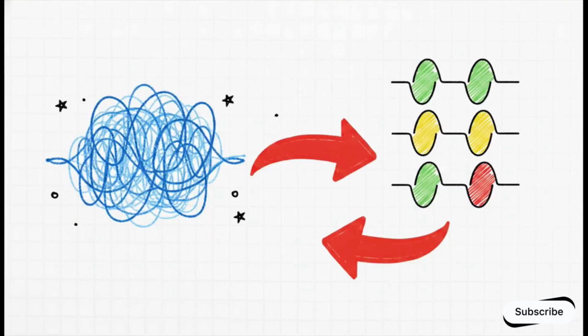Now here is the absolute crucial point. The Fourier transform doesn't change the data. Not at all. It just changes the coordinate system the data lives in. The entire process is perfectly reversible. We aren't destroying or compressing the smoothie. If you take that recipe, those isolated frequencies we just found, and run them through the inverse Fourier transform, you mix them right back together to get the exact, untouched original signal back. We've simply moved the data to a place where we can finally understand it.